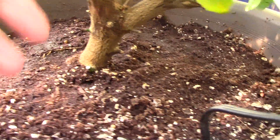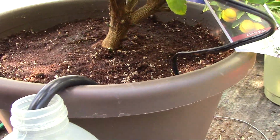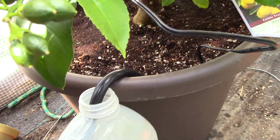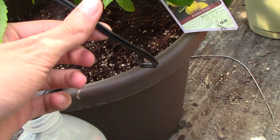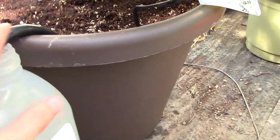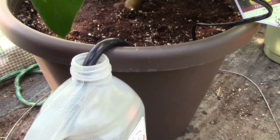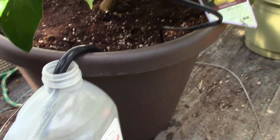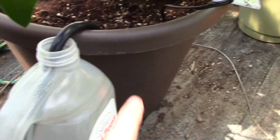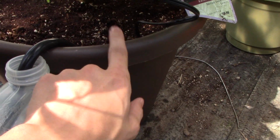Nice fat looking trunk there. Nice 4 or 5-year-old plant. And if you're probably wondering what this is sticking out of here with the hose and the cord, this right here, guys, is a My Lazy Gardener setup. I don't know if you've heard about these, but I have bought one and I'm trying it out, and if it works well, I'm going to do a setup